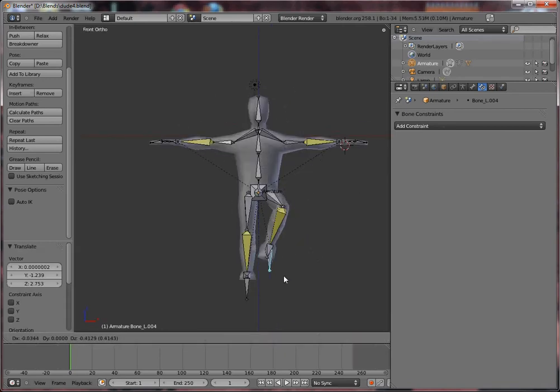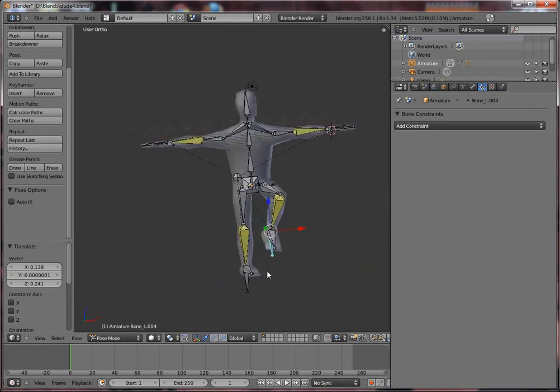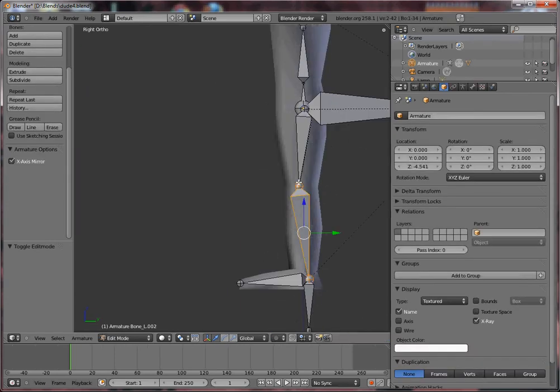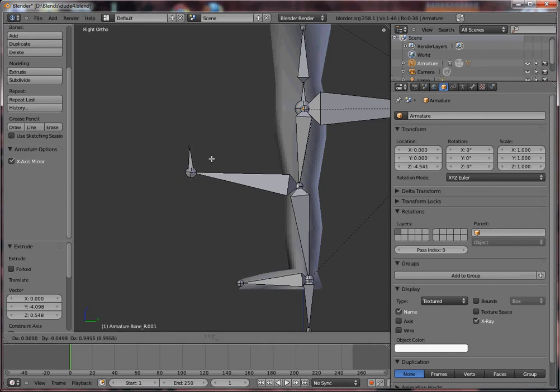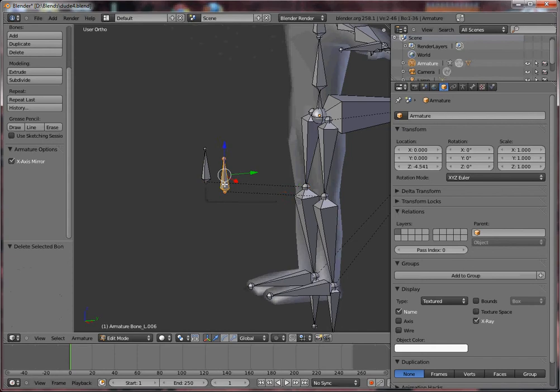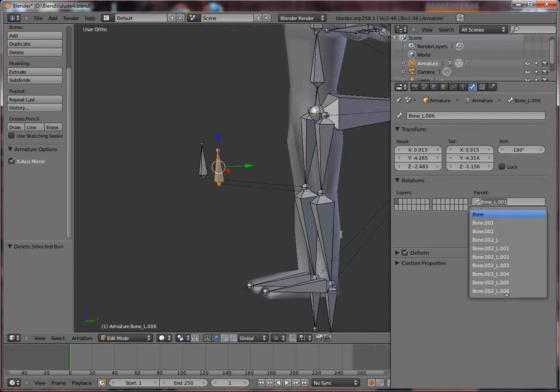Now you can see it has a tendency to look quite odd and not point the direction it should normally point to. So Alt G to move the bone to its original position, and let's fix this by going again into edit mode and selecting the knee here. We will extrude like this the bones. Remove the intermediary one and set the name of each bone to